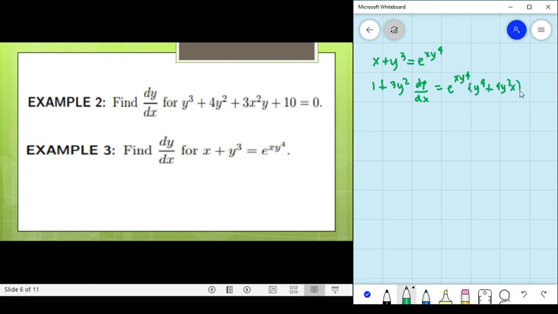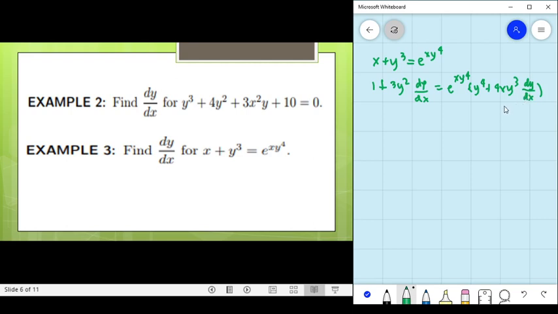Okay? Don't forget the dy over dx. Right? So it should be 4xy cubed times dy over dx. Okay, so after that,